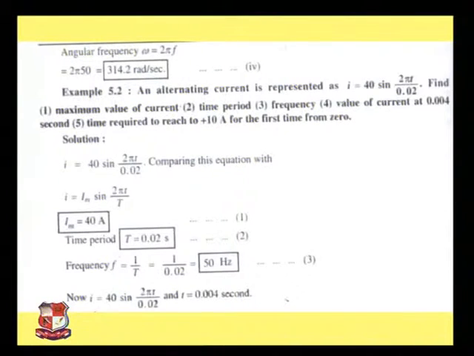Frequency f is equal to 1 upon T, that is equal to 1 upon 0.02, that is equal to 50 Hertz. Now i is equal to 40 sin 2 pi t upon 0.02, and we have to find out the value of current at t is equal to